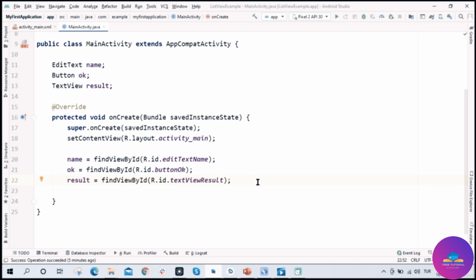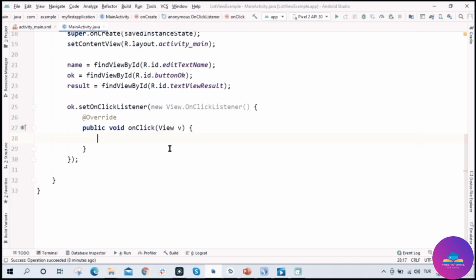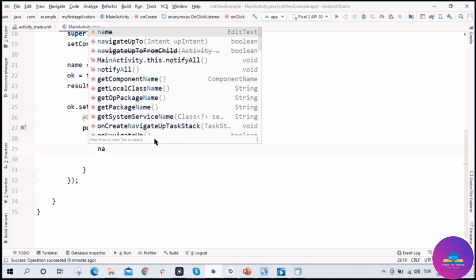So now I'm going to add a click listener to the OK button, right? So OK.setOnClickListener, and inside the parentheses, new View.OnClickListener, and autocomplete will take care of the rest. And I'll write code inside the onClick method, and I'll get the data that the user enters in the EditText. But how am I going to do that? You tell me, you're the one who's teaching the course. Okay, what I'll do is I'll write it here,